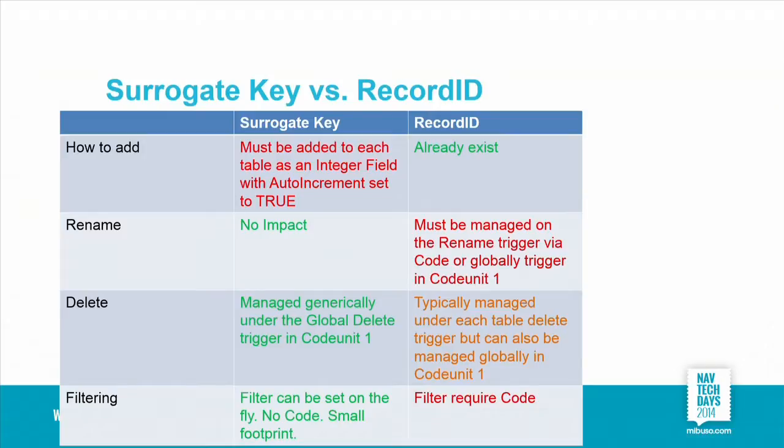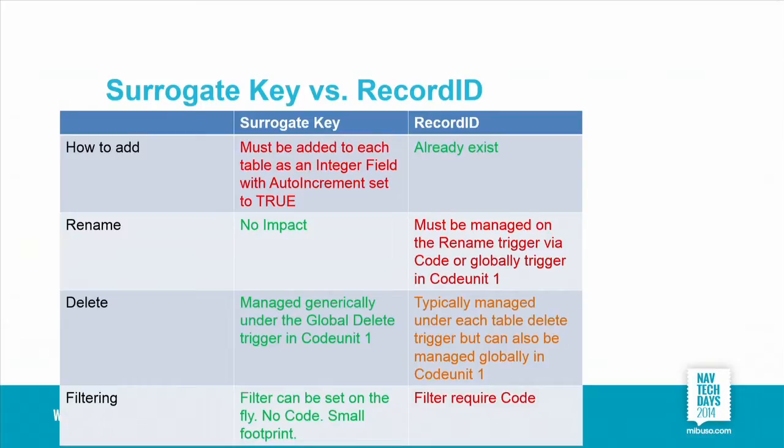The only negative thing I could really find with surrogate keys is I need to add it. It's not there by standard. Microsoft is sitting down here. So it would be great if it was their standard, but it's not there, so I need to add it on all the tables I want to use something for. Okay, it's one field, it's auto increment, there's no code, it's a relatively low impact on any table.